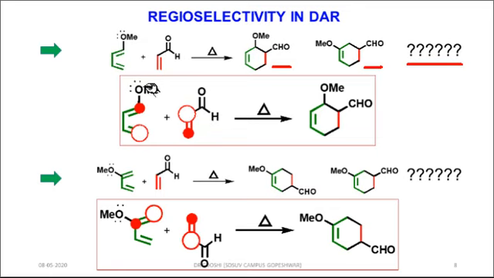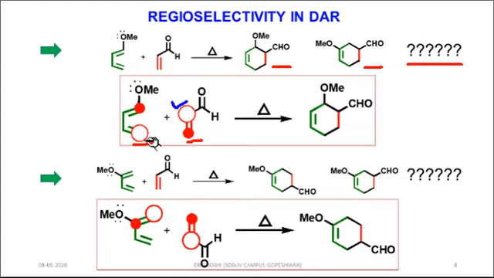To understand this, the orbital coefficient theory will help us to answer this question. In the case of the monosubstituted diene, where the electron donating group was at carbon number 1, that electron donating group was enhancing the nucleophilicity of carbon 4. Therefore, the orbital coefficient of carbon 4 was higher. In the previous slide we have seen this. Similarly, the electron withdrawing group on the dienophile increases the electrophilicity at carbon 2, or we can say that it will decrease the electrophilicity of carbon 1.